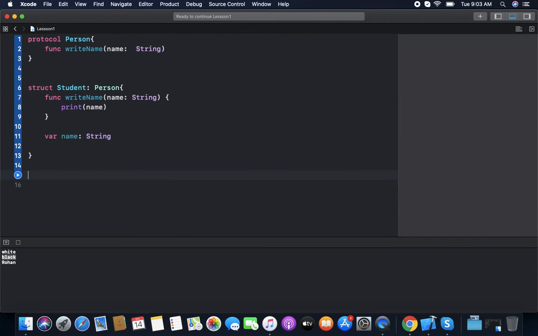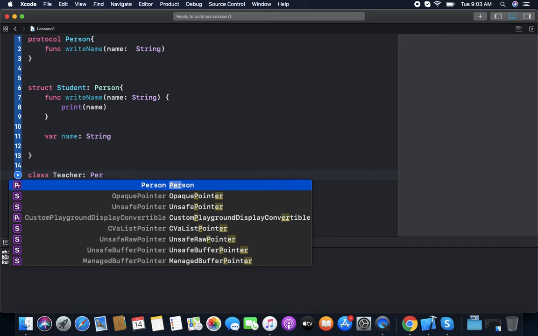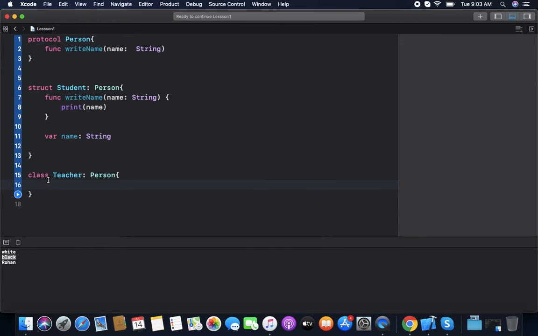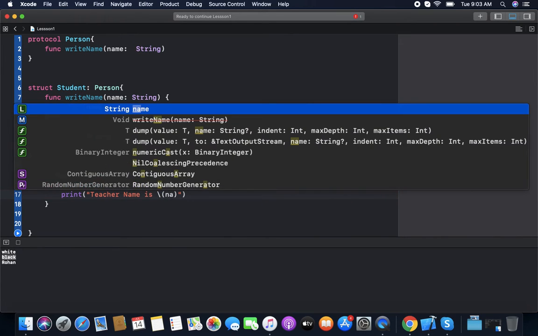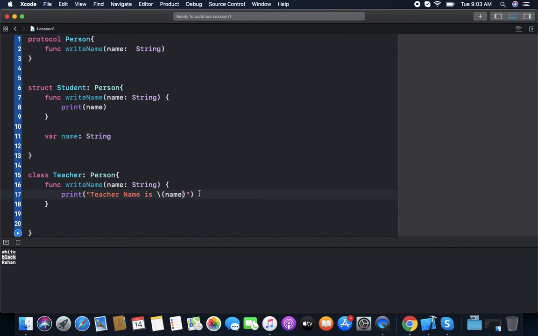Now we have a class Teacher. It also inherits from Person. It also needs to write a name, so just print "teacher name is" and the name.